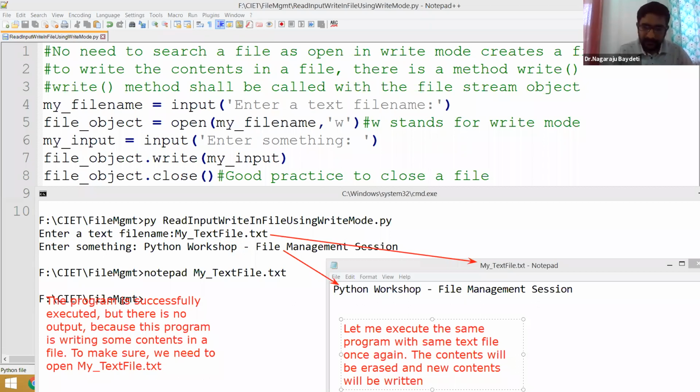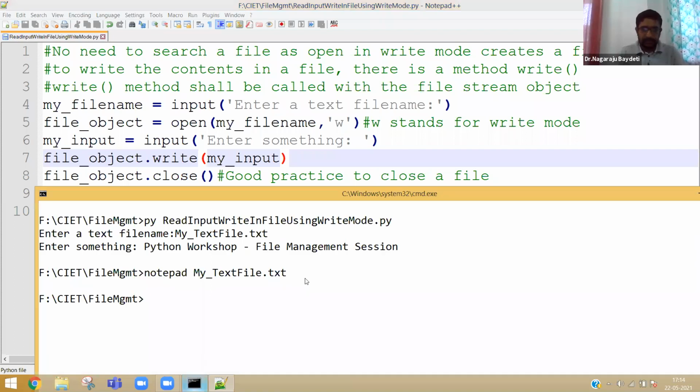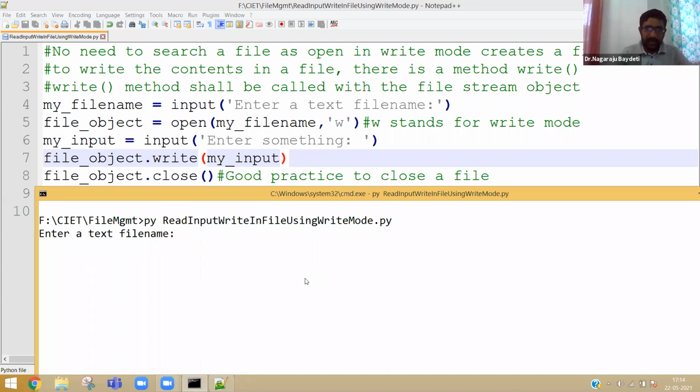To prove that, we will do that again. Okay, so let me clear all the drawings. I am executing the program again. I am giving the same file name. Now enter something. This is my new content.